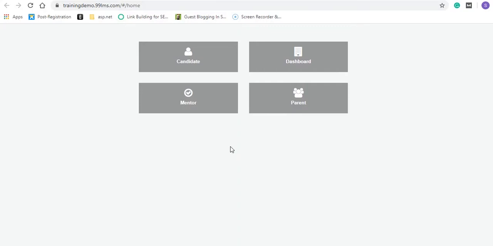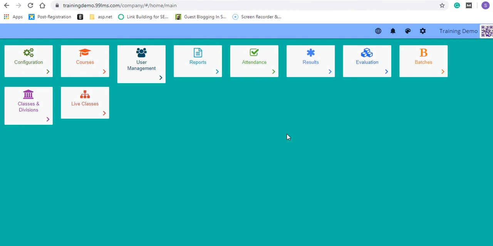A separate username and password will be given to them so they can log into their account. So this is the teacher account. Here they can create a course, create study materials, manage batches, or schedule live classes, and so on. Let me show it one by one. And from here, the teacher can manage batches.